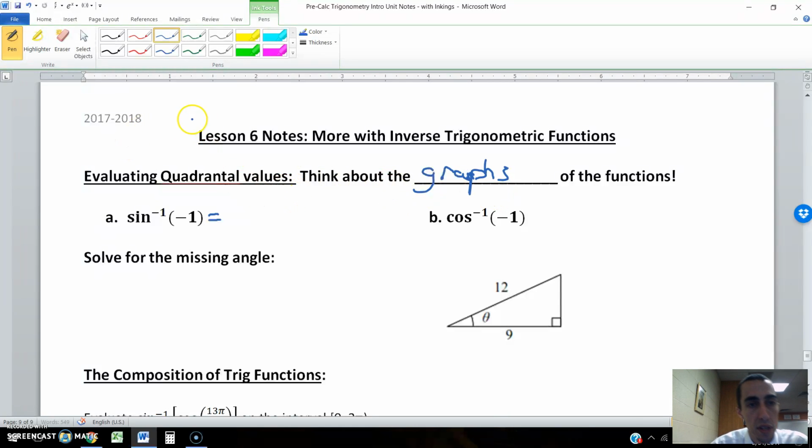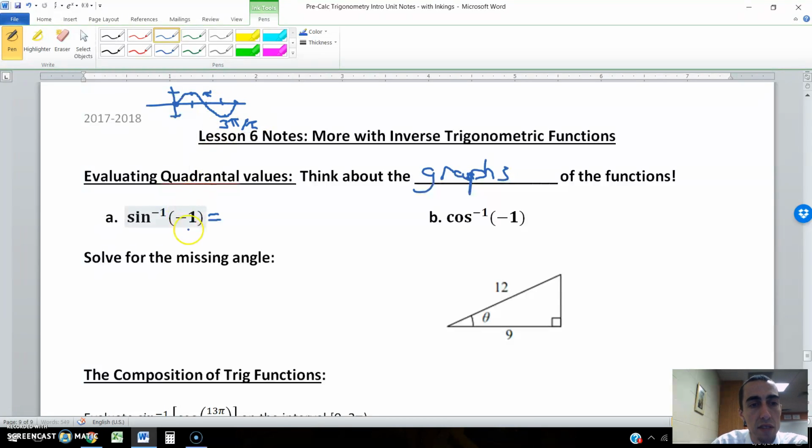So then we ask ourselves, this sine graph, what angle has a sine value of -1? So remember the sine graph starts at 0, 0 and then goes up at pi over 2 to 1. At pi it hits 0, and then at 3 pi over 2 it hits -1, and at 2 pi it goes back to 0. So at 3 pi over 2